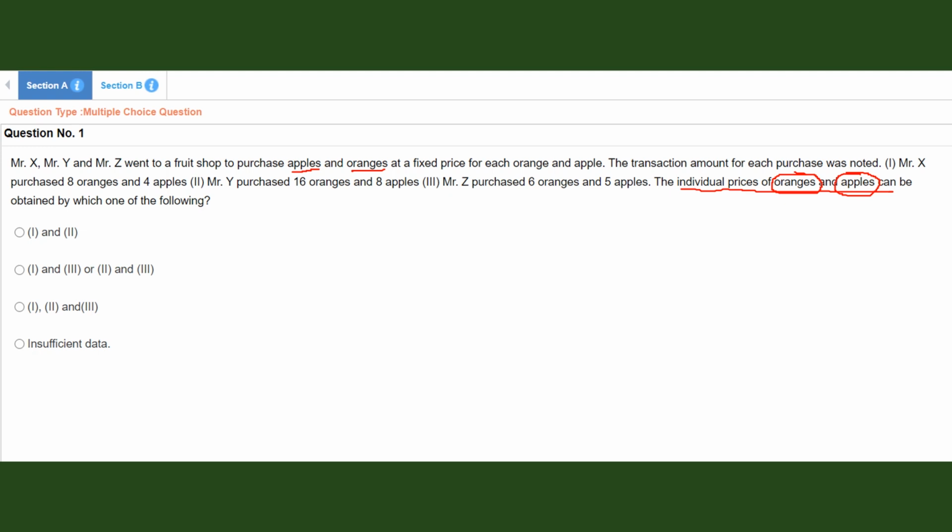So here also we will be needing equation 1 and equation 2. We really don't need to find out the value of each, so we don't have to calculate anything. We just have to apply the logic that for any two equations we can use either 1 and 2, or just 1 and 3, or 2 and 3. There can be 3 possibilities. So only option 2 goes with it, which gives us 2 possibilities. So the answer will be option number 2.